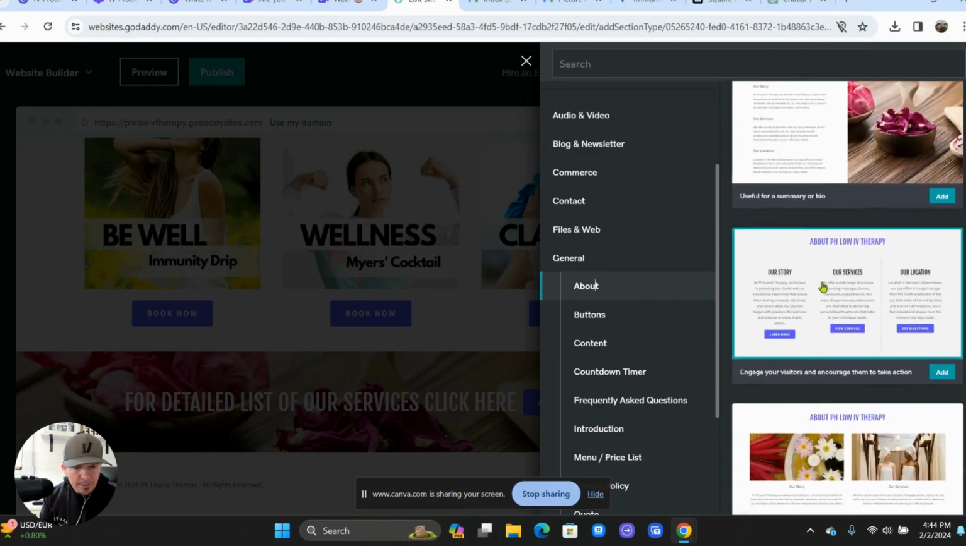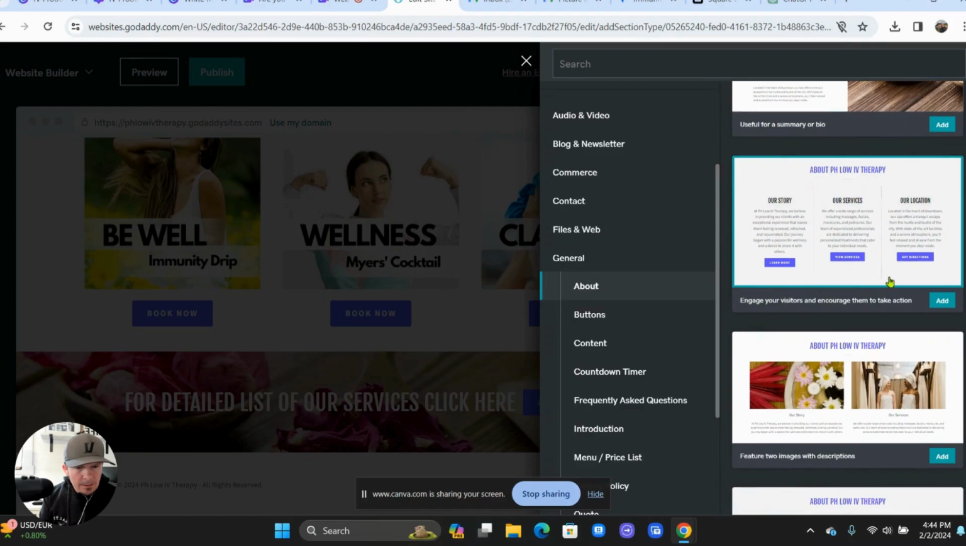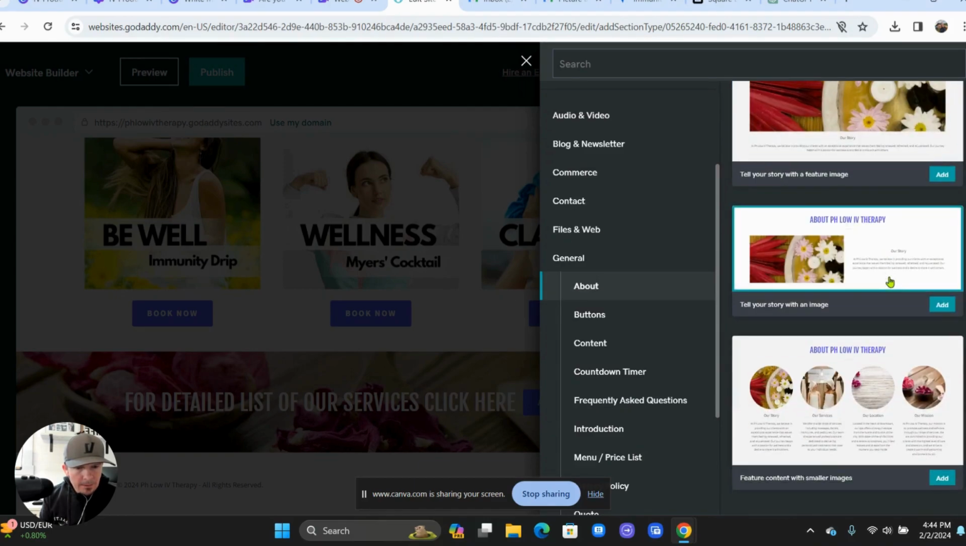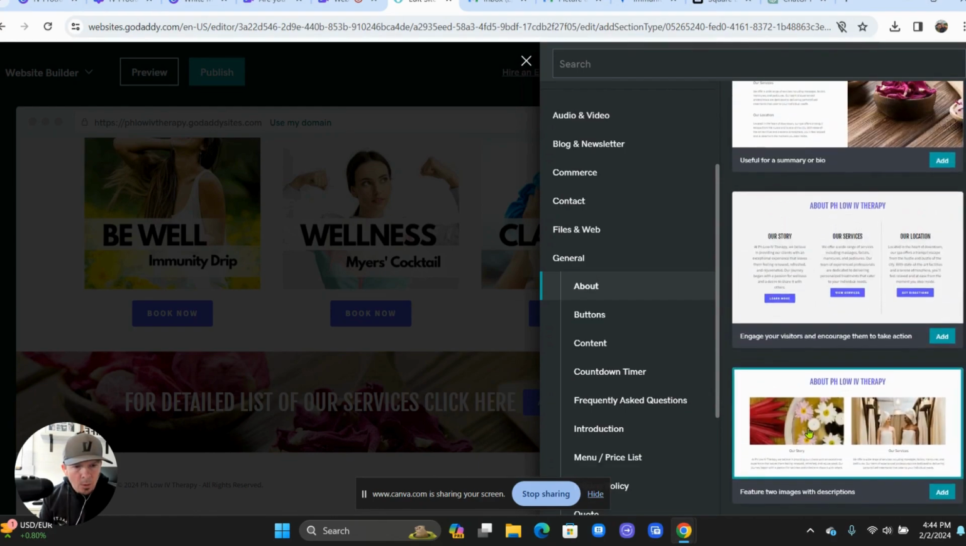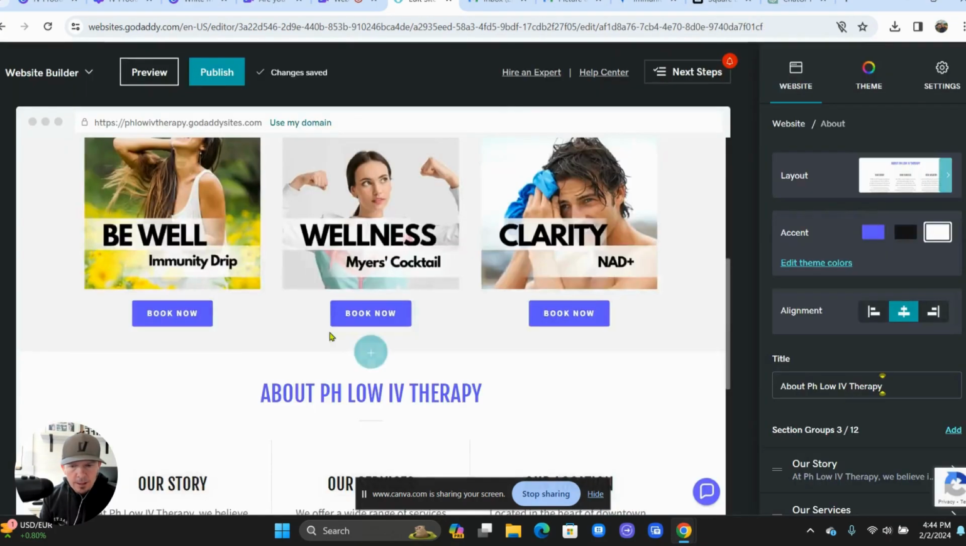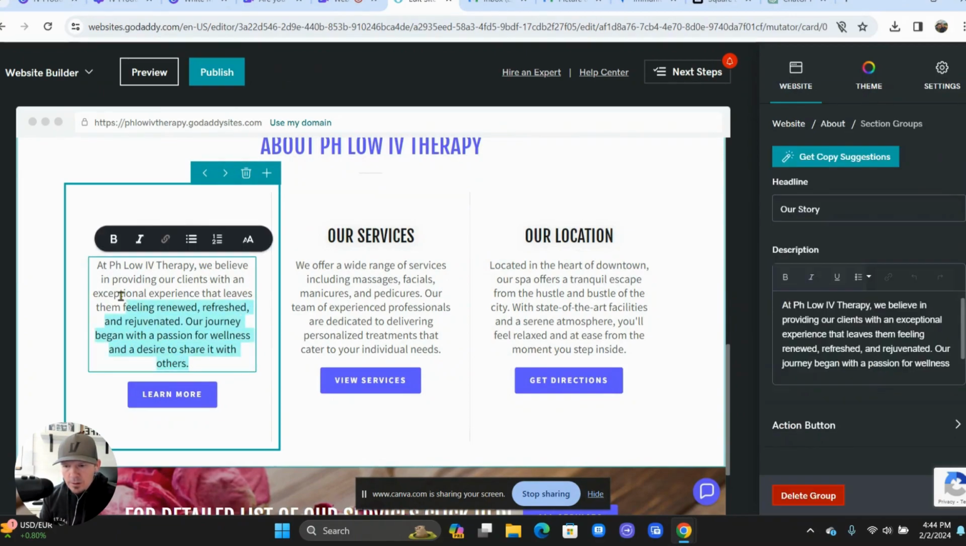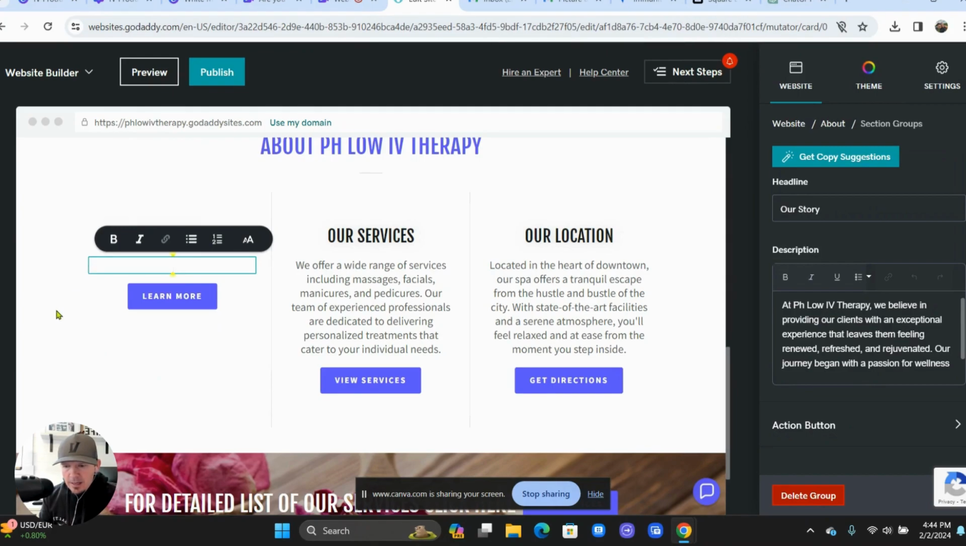Maybe it's under the About Us page. You could use something like this here with the small circles, and then you can add the button there. Or another option would be something like this, where it's just text and you don't have an image. If you wanted it to be a little bit more compact, so you could delete all the text,